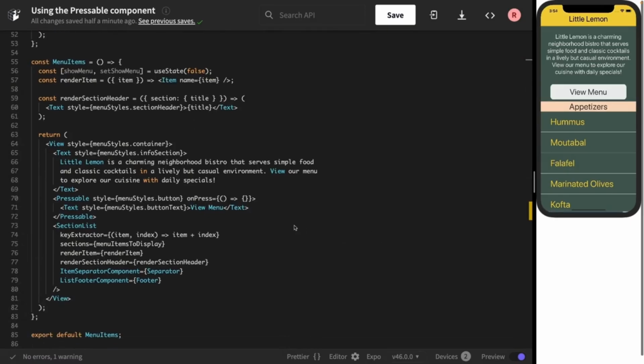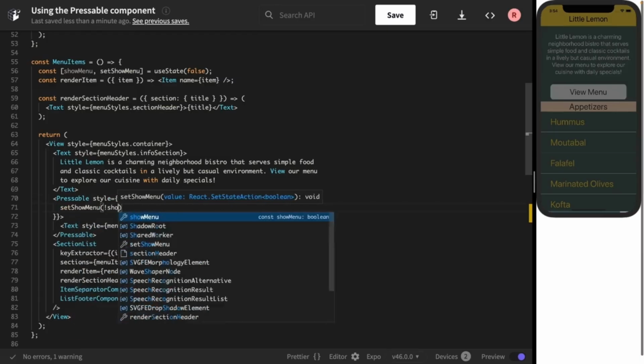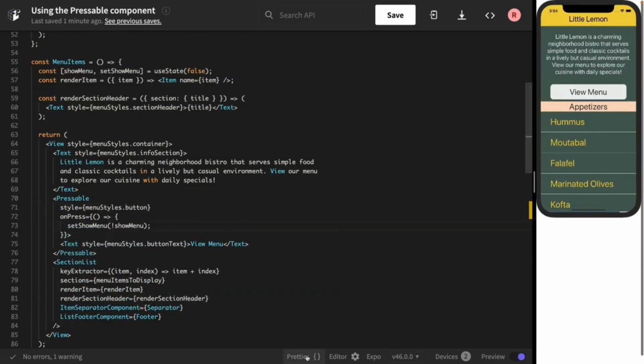When the user clicks the View menu button, the menu will appear. To make this possible, I need to add the callback within the onPress method. In the method, I call setShowMenu and send the Boolean value from showMenu and toggle it. So if it's true, then it becomes false, and if it's false, it becomes true. So now I have a pressable component with an onPress method that toggles the local state and some text that